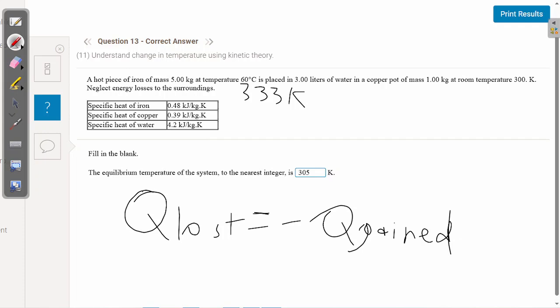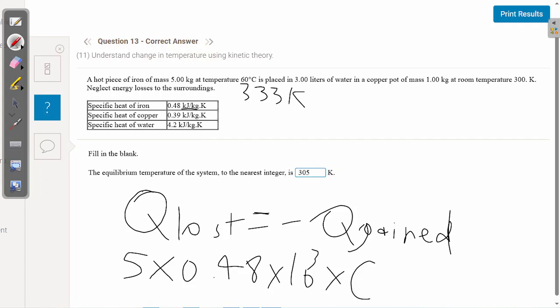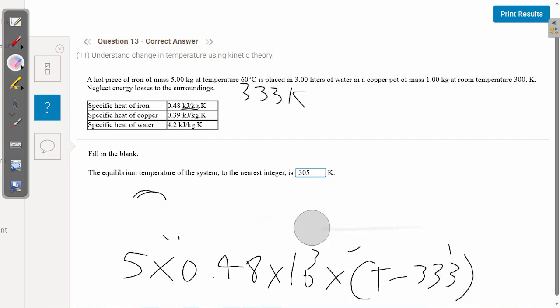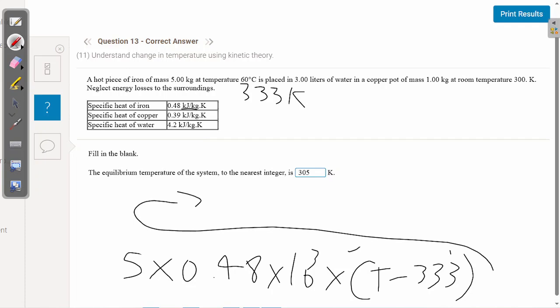So Q is equal to mc delta T, we know this rule. The mass of iron is 5, so m times c, which is the specific heat, 0.48 times 10 to the power of 3, because it is kilo, we make it into joules, times the change in temperature. The final temperature is what we're trying to find, so keep it T, minus the original, which is 60 plus 273, which is 333 Kelvin. Now this is equal to negative